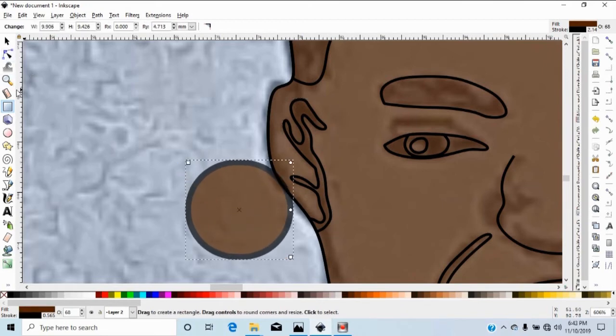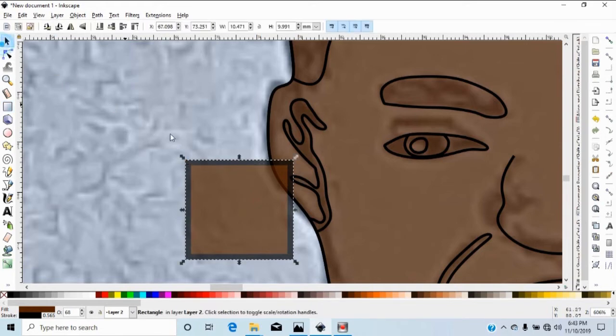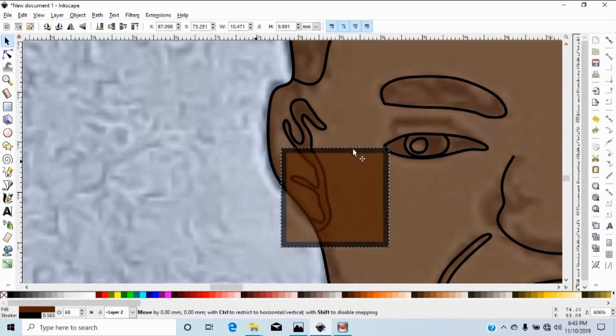I'm having a circle object, but it's not a circle, it's actually a rectangle. But because the nodes here were at the center, if I return it back now, I'll have my perfectly shaped rectangle. So I'm going to select the rectangle here, place it here,